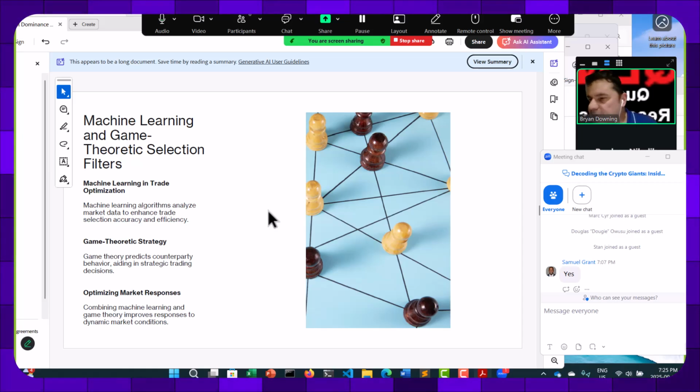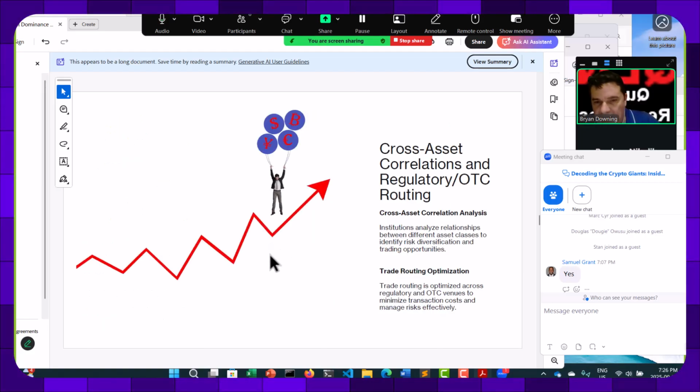Now, this is not some humans doing this, as I said. This is algorithms, 100% automated. It's just in the coding. It's built into that coding to make it a lot more sophisticated. And the other thing they have to work on is dynamically optimizing market responses between the game theory and these dynamic market conditions. Now, you can imagine I'm going very high level here, but when you get into the minutia of it,